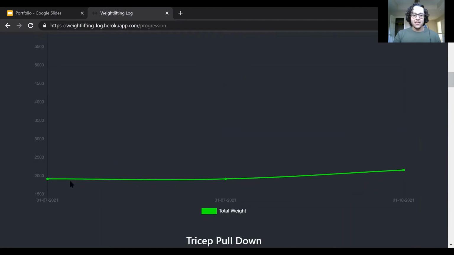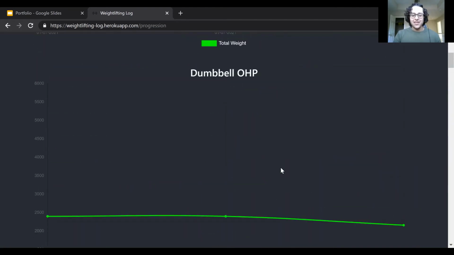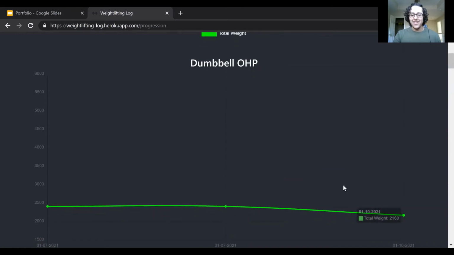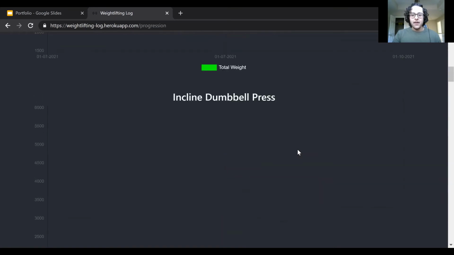So you can see I have a gradual progression throughout some of these. I kind of skimped out the other day and actually looks like I lifted less weight that day. But anyways,